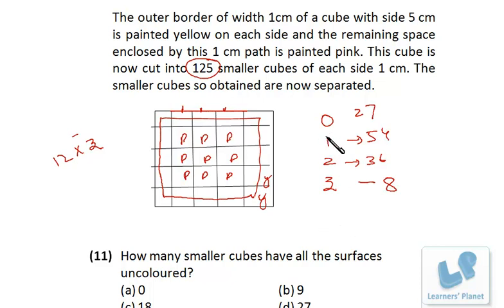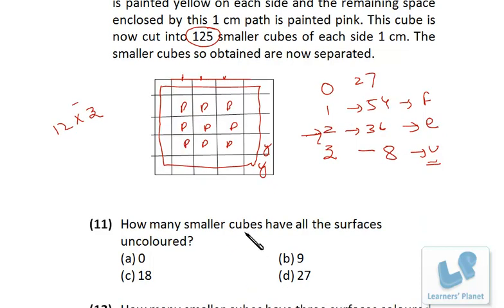So I just make a quick recap over here. 1 is obtained from faces, 2 is obtained from edges and 3 is obtained from vertices. Okay, then it will be easier for you. Just find out the number of corners, find out the number of edges, find out the number of faces. That's it.